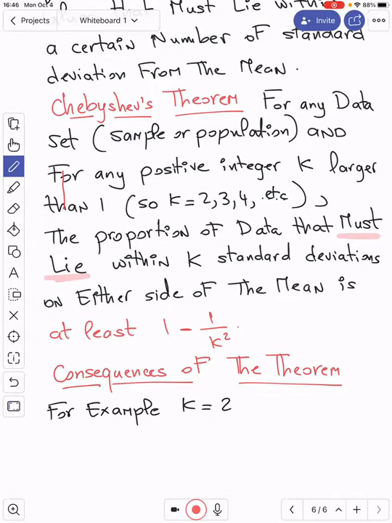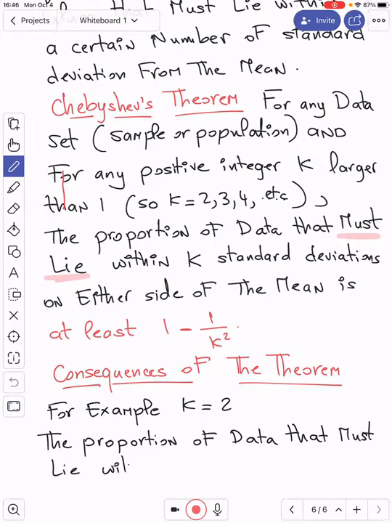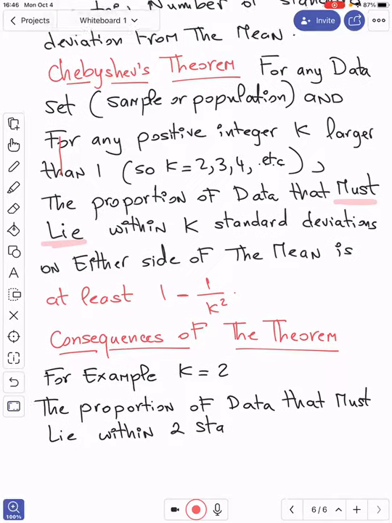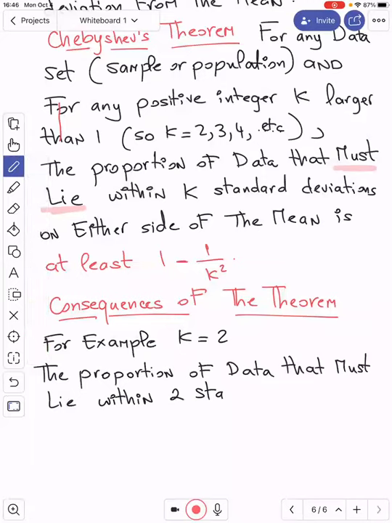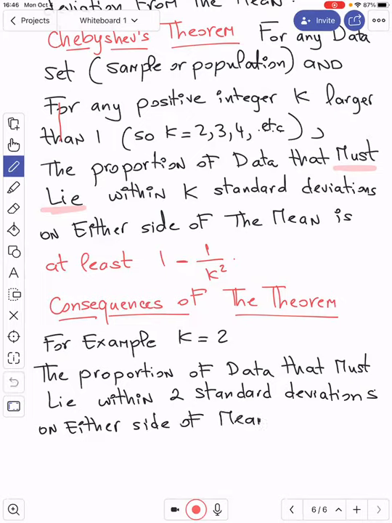So the theorem says the following: the proportion of data that must lie within 2 standard deviations on either side of the mean is at least